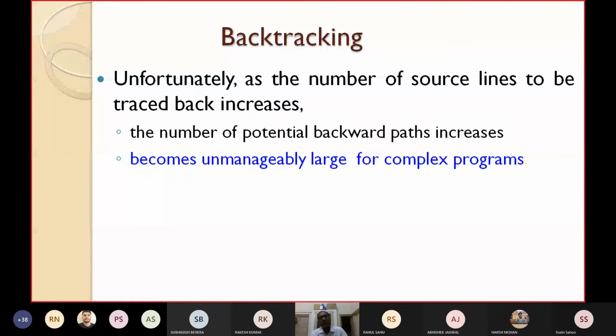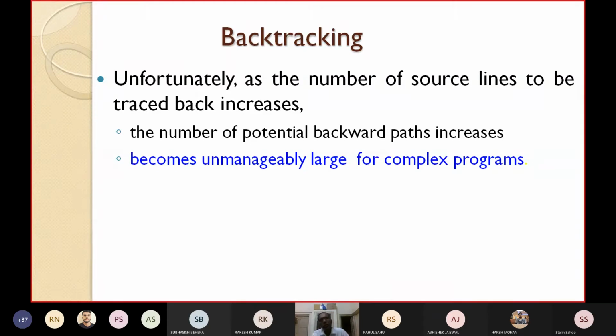So how many paths will I get, and how much time will it take? The search space becomes very large because there will be so many paths present, so the amount of searching time will become large. The search space is very large, which is very difficult to traverse. It is very difficult to traverse all the search paths. So this leads to the idea of program slicing.